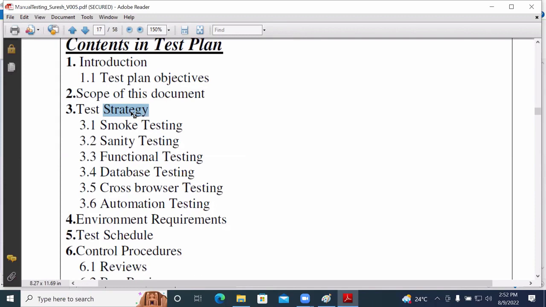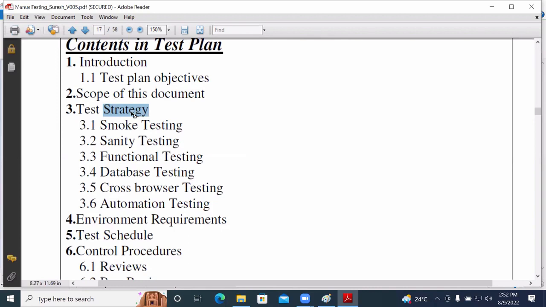The meaning of test strategy with respect to testing is coming up with what types of testing need to be done based on that particular project requirement, what are all the different types of testing that need to be provided as part of the test